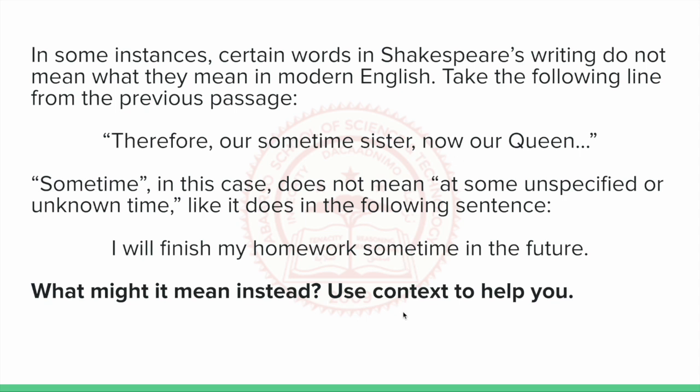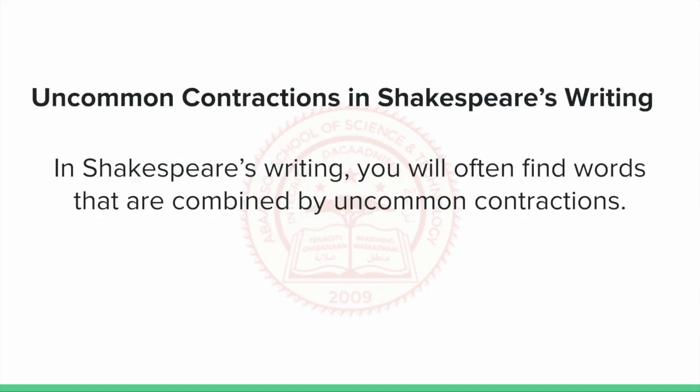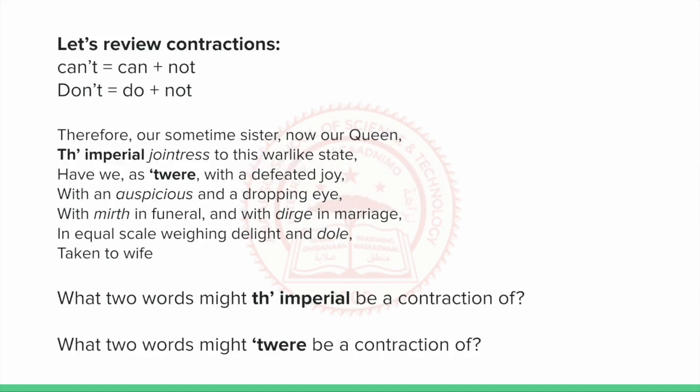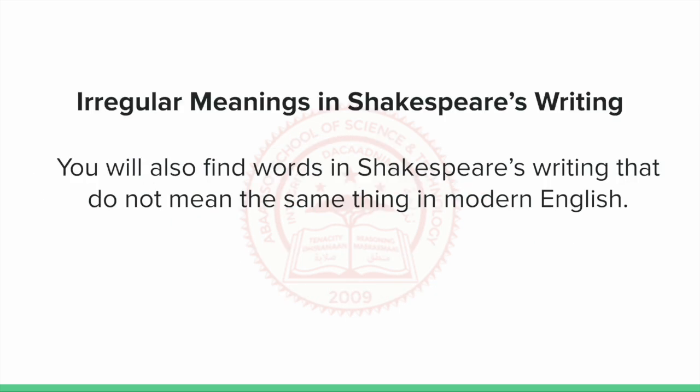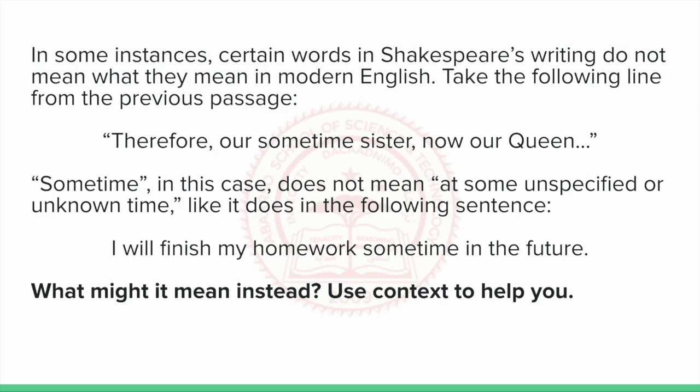Okay, so this was very, very quick. But these are two things that I think are particular to Shakespeare's writing: uncommon contractions like 'twere and the imperial, and irregular meanings in Shakespeare's writing. So it's old, and not everything is going to mean the same thing. You really have to read carefully and perhaps read things multiple times to really get what Shakespeare